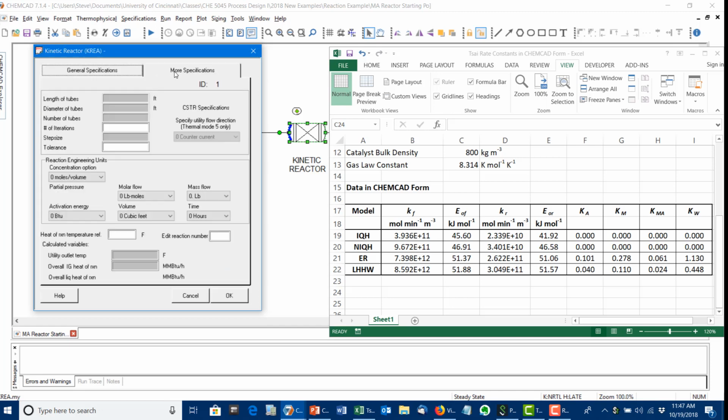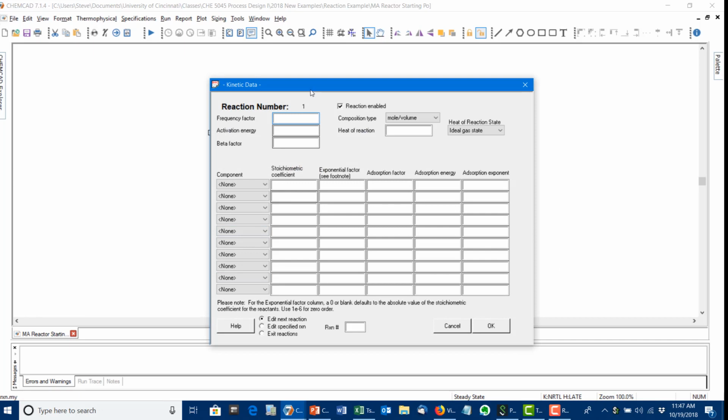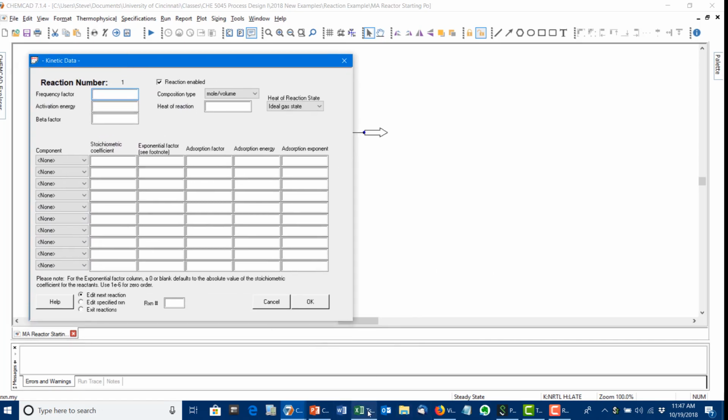Now I need to adjust the specifications on this tab because my reaction engineering units are different from my main flow sheet units. I'm still working with a molar-based concentration, but my molar flow should be in gram moles. My time base is going to be in minutes. I'll go ahead and convert the mass for consistency. My volume is in cubic meters rather than cubic feet, and my activation energy is in kilojoules per gram mole. So this gives me a consistent set of units. I can OK out of this and now put in the values for my first reaction,